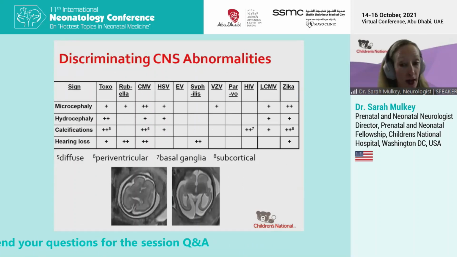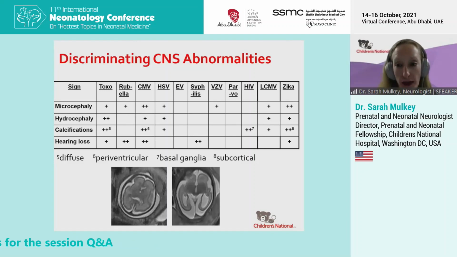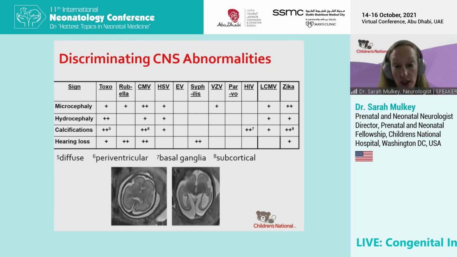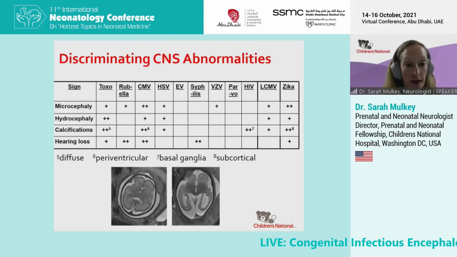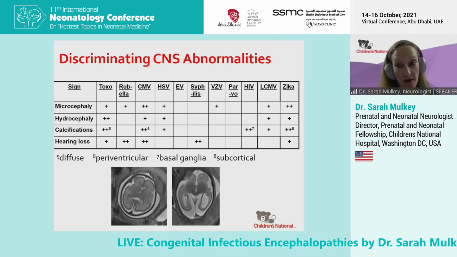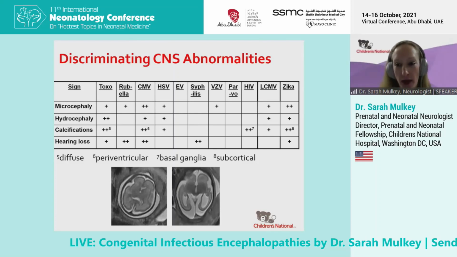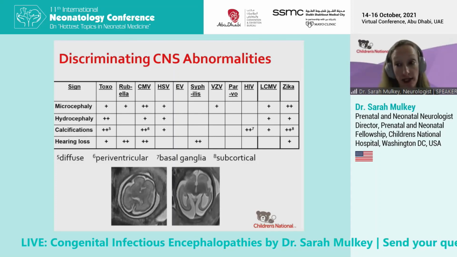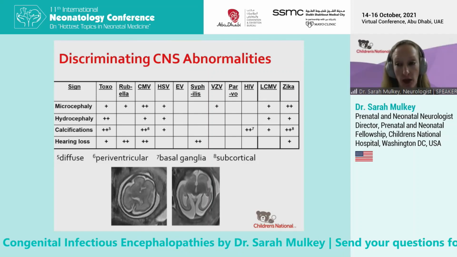These congenital infections, some of them have given us some hallmark features to help us distinguish. So when we do our workup, we can really target for those that are most likely for our specific case. And so microcephaly, that is one that is more common with toxoplasmosis, rubella, definitely CMV and of course Zika, but also varicella and lymphocytic choriomeningitis virus, which we'll talk about later in this